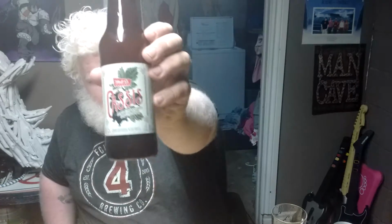What do we have? 4.8% alcohol by volume. There we go. I believe the case said it was a Belgian ale. This lovely wheat beer is made in the time-honored way of infusing fruit into the beer during aging to allow the Belgian yeast, in secondary fermentation, that results in a refreshing